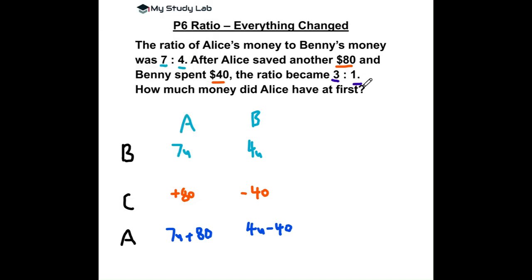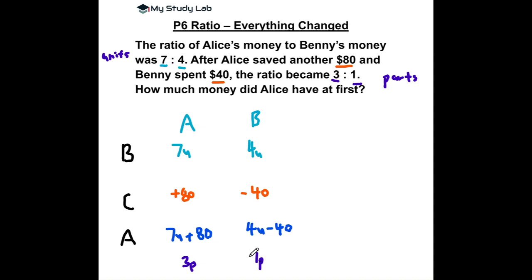For this one, we don't call it units, we call it parts, alright? Okay, this we do it separately because it's everything changed. The beginning doesn't equal to the end. Beginning is called units. Alright, we call it units here. That's why there's a 7U and 4U, that in the end it's called 3 parts for Alice to 1 part